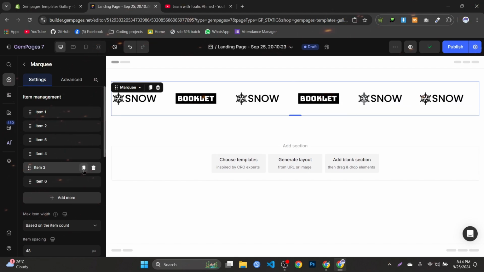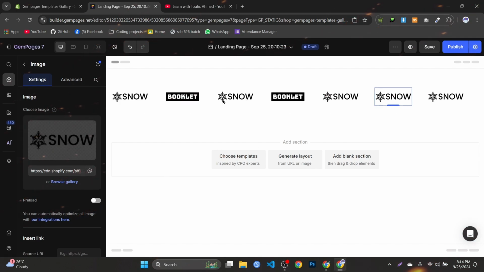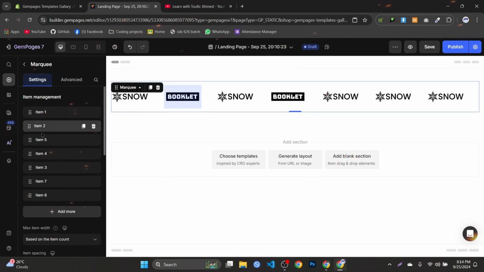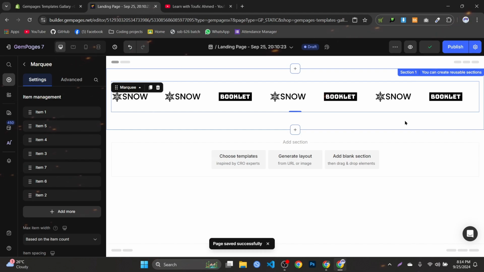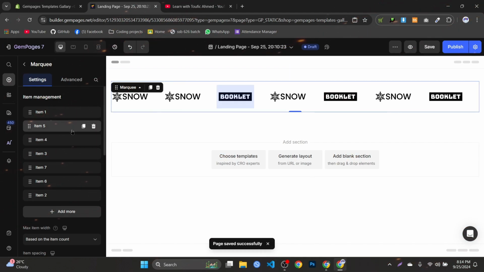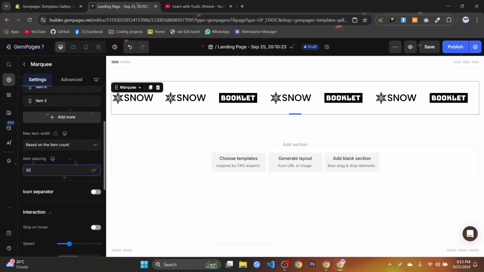let's duplicate this much more. Okay, we can change the serial number of this. We can also change the serial number. Duplicate this. We can rearrange that. Okay, now what we can do, let's decrease the spacing between them, and you